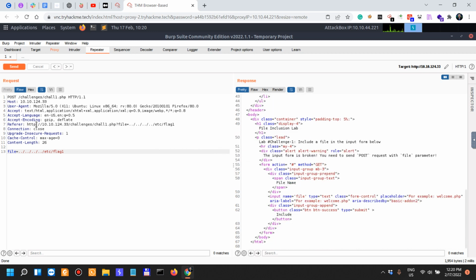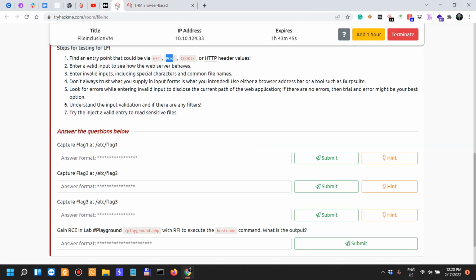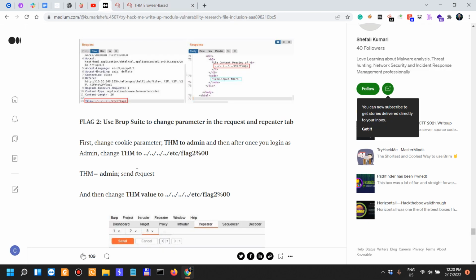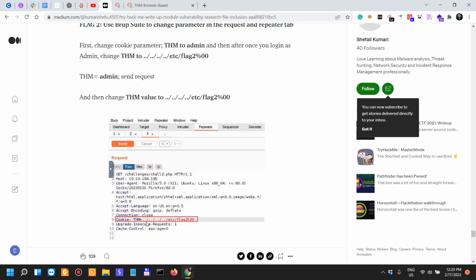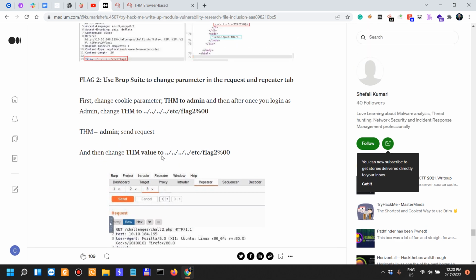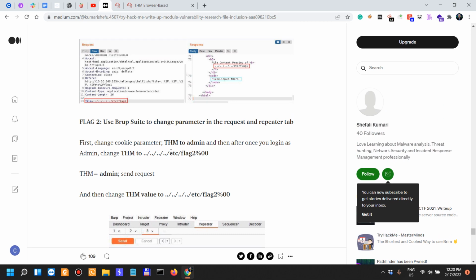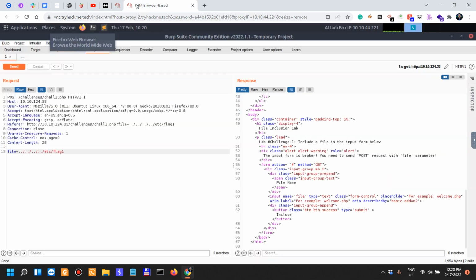Let's try the second one. The second one was via the cookie parameter, so you had to modify the cookie parameter. I believe it was still challenge number 1. You need to specify a cookie for the flag 2 and for the second challenge. So if we do chal2.php,